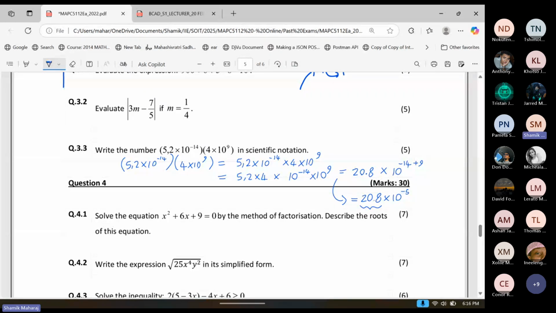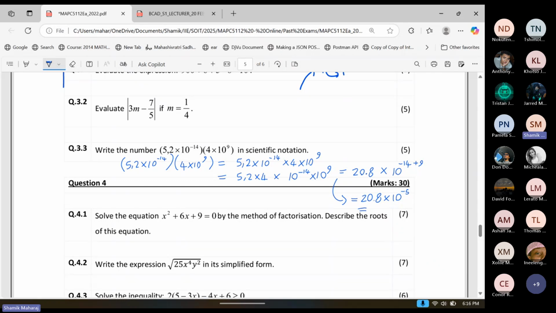Or between 1 and 10. Yes, you need a number between 1 and 10 here, and this is not between 1 and 10. So we have to make it into a number between 1 and 10. Right? So we can do this in one step or we can increment it. So let's see, if we do this in one step,